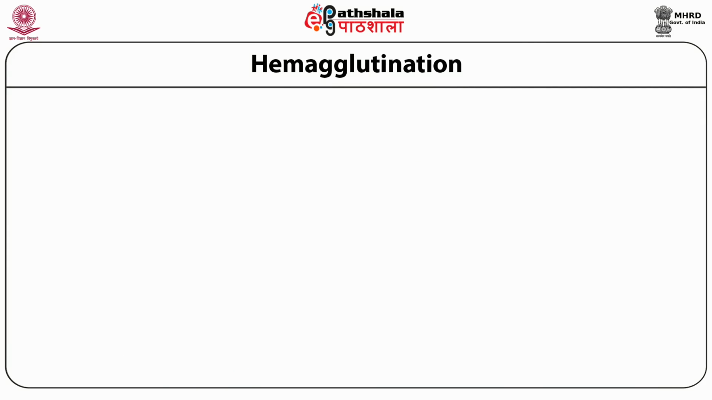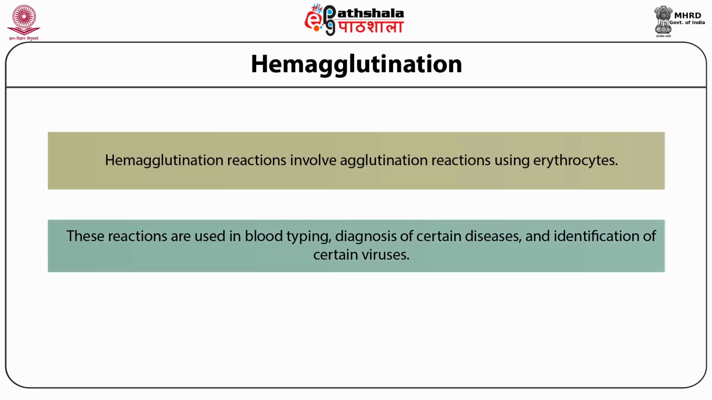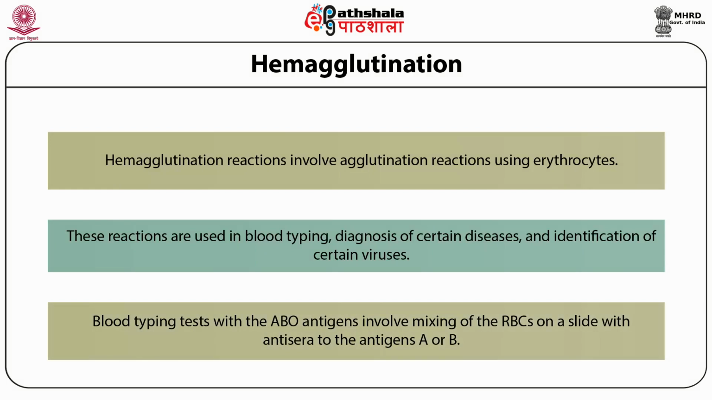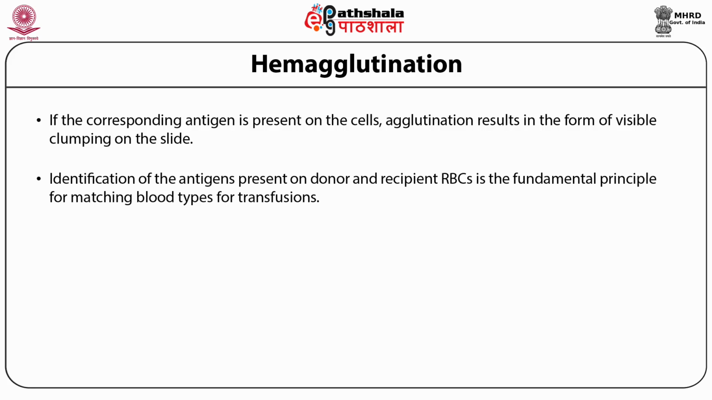This slide demonstrates hemagglutination. Hemagglutination reactions involve agglutination reactions involving erythrocytes. These reactions are used in blood typing, diagnosis of certain diseases, and identification of certain viruses. Blood typing tests with the ABO antigens involve mixing of the RBCs on a slide with the antisera to the antigens A or B. If the corresponding antigen is present on the cells, agglutination results in the form of visible clumping on the slide. Identification of the antigens present on donor and recipient RBCs is the fundamental principle for matching